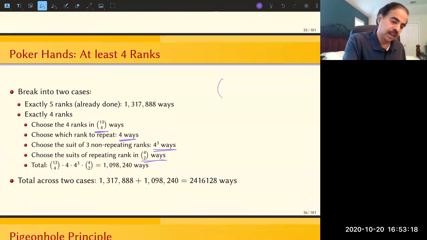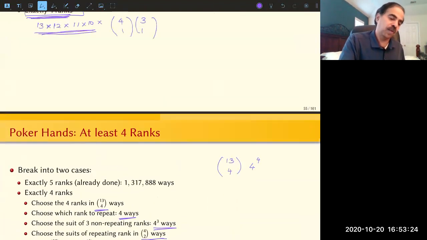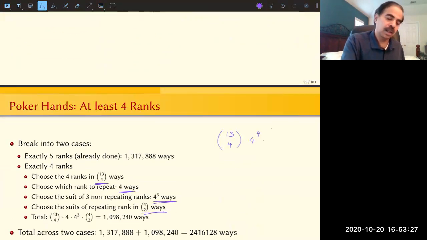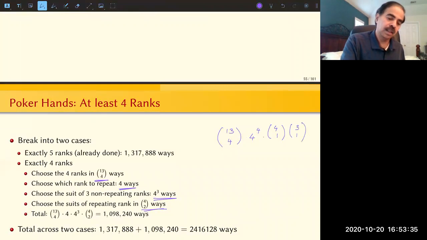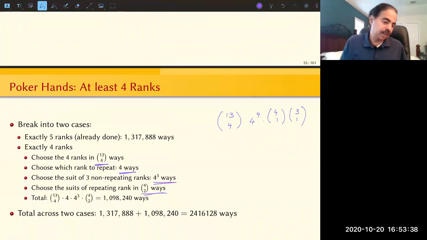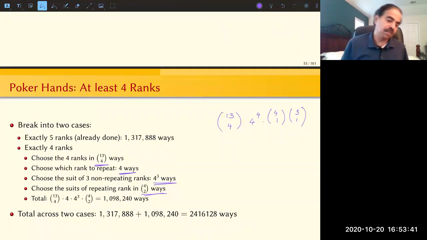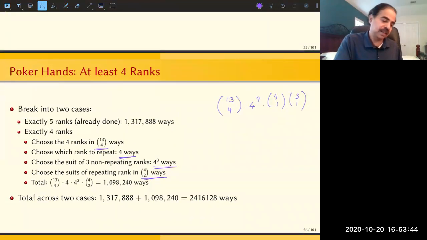So we said 13 choose 4 times 4 to the power 4 times 4, 1 and 3, 1, right? Whereas the expression that we have here is 13 choose 4 times 4 to the power 3 times